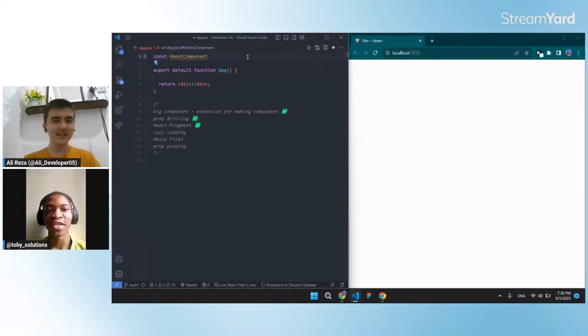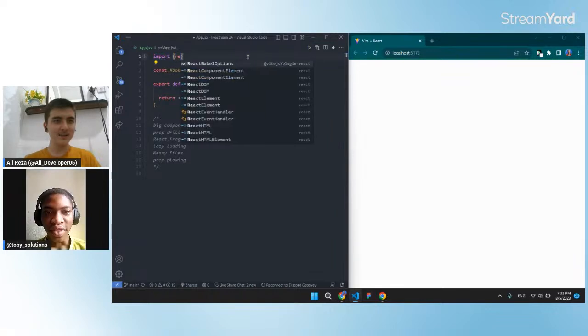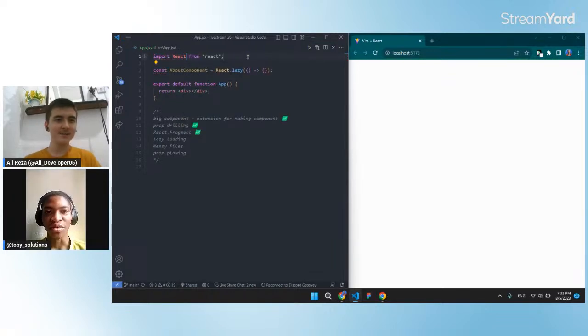Then you can now do equals React.lazy. Inside React.lazy, you can pass a callback function. Yeah, import React from React. So inside the callback function, you can now do import,